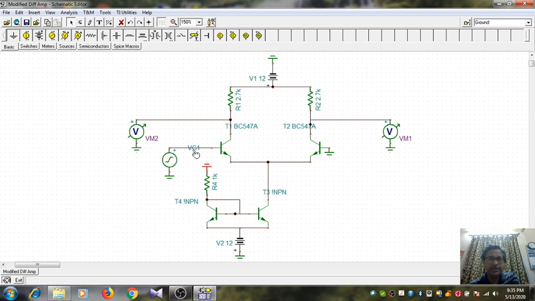So differential mode means the signal will be applied in this fashion. The AC generator is connected to base of T1 and this point to T2. And for common mode, the two bases will be connected together, having removed this ground connection, of course. And then instead of the passive resistor, this active current source will be there. So you get roughly the output resistance to be much larger compared to 2.7K. You please find out whether that leads to any change of the AC transfer characteristic, also for the transient, whether the gain increases or not. That will be your home task.